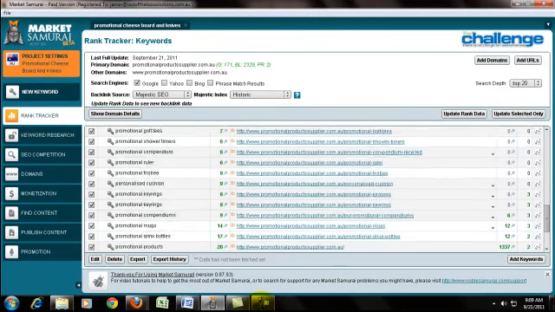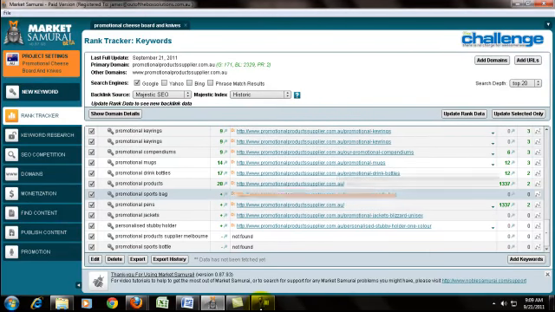If you scroll down, you will see this sign. It's plus because PPS is inside the SERP's result, which is search engine result page, but it is ranked higher than the 20th rank.